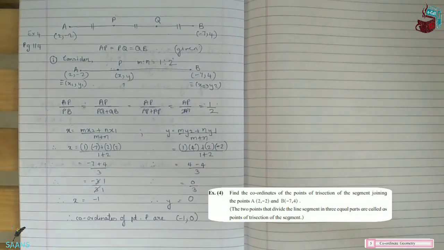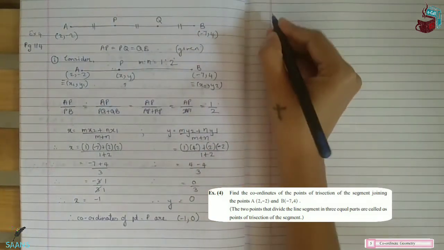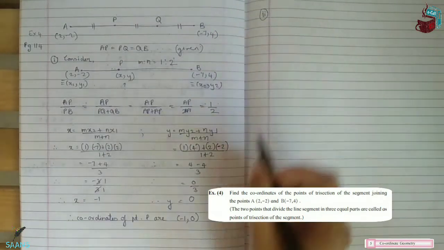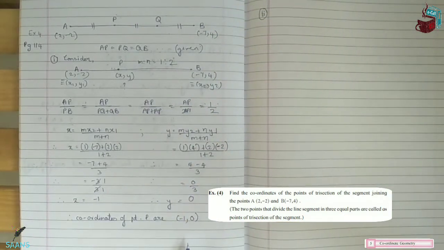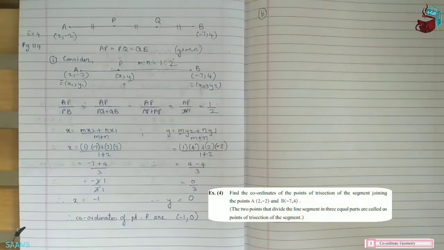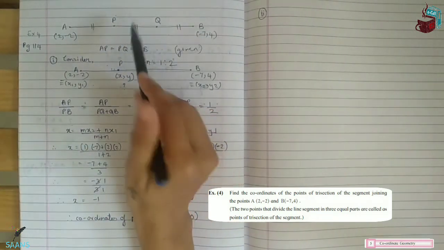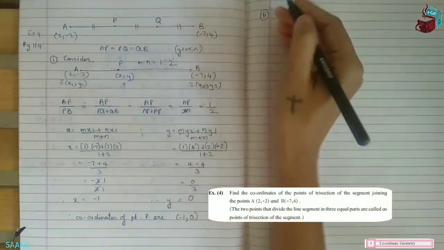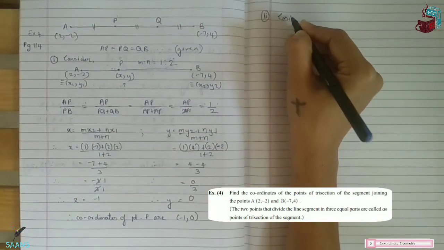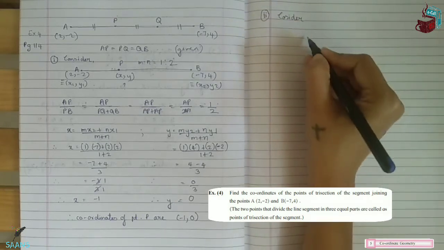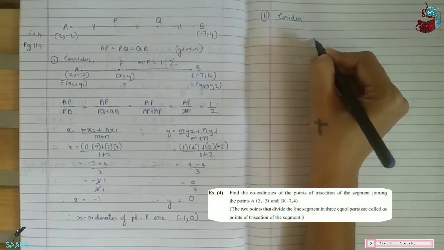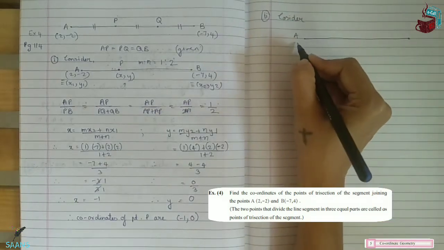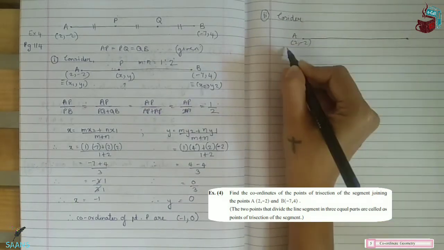Let's continue with your second step. Now we found the coordinates for P. Let's find the coordinates for Q in the same way. This time for Q we will not take P. We are going to take A. Okay, so as I told you, this is your original figure, but for my sake, I will change it. It's okay as long as you are getting the answer, as long as you're showing it. A is 2, minus 2,